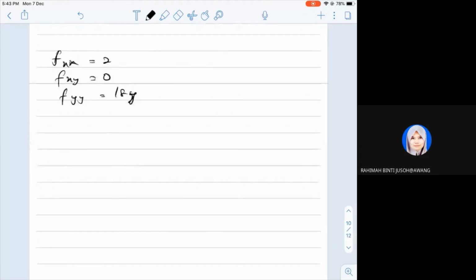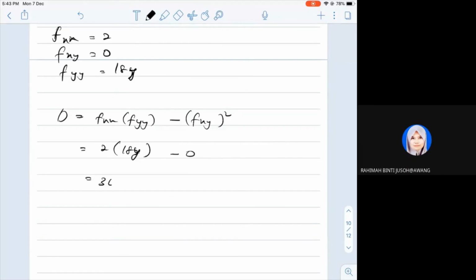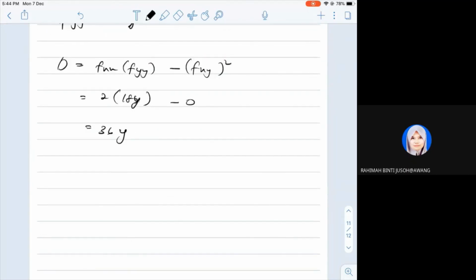So next, calculate D. We have fxx multiplied by fyy minus fxy squared. So of course 2 times 18y minus 0, so we get 36y. Okay, usually in a test or final exam, I like to make a table like this